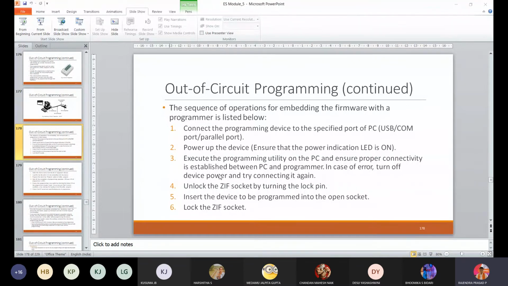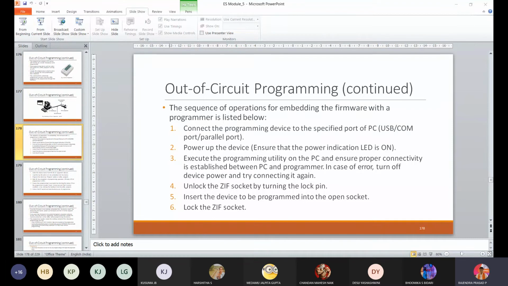Suppose I want you to implement an application like a mobile phone. You need to assemble everything, dump the source code, and then place that chip in the device. This is the procedure we need to follow so that your device works efficiently.